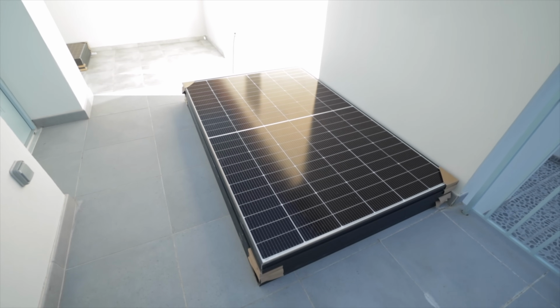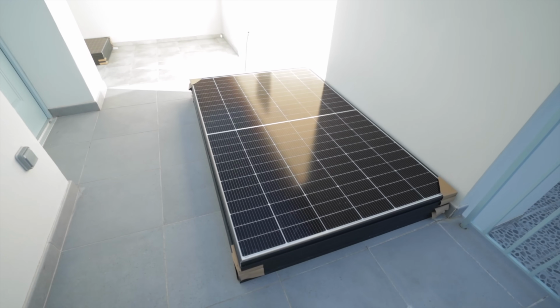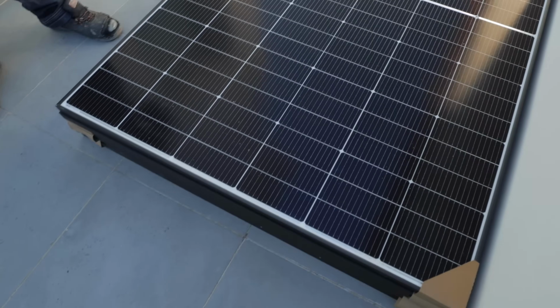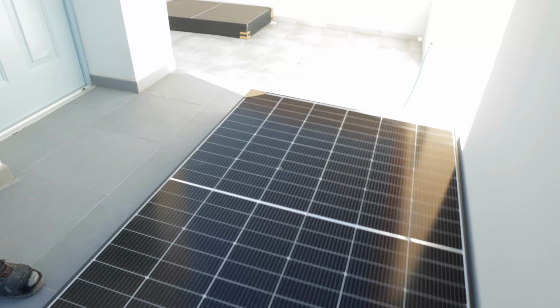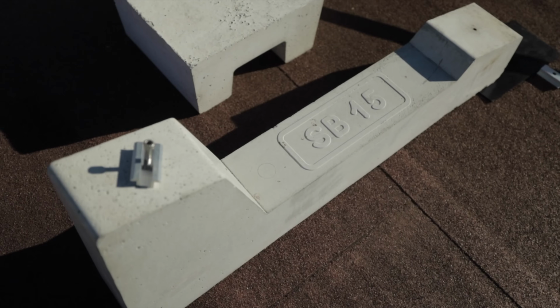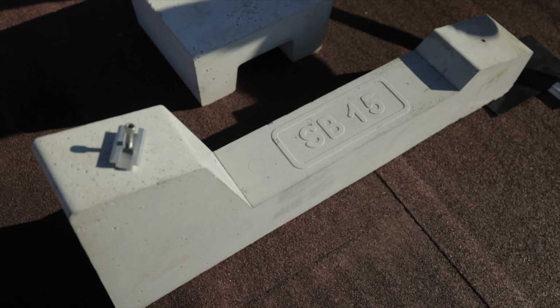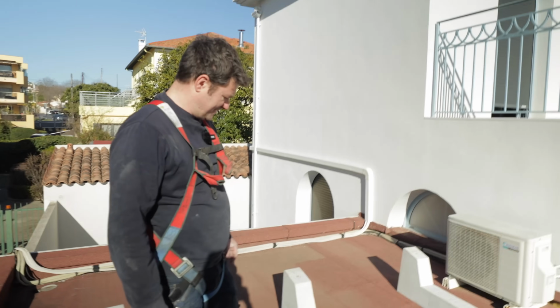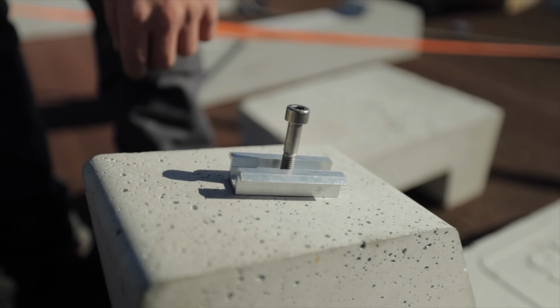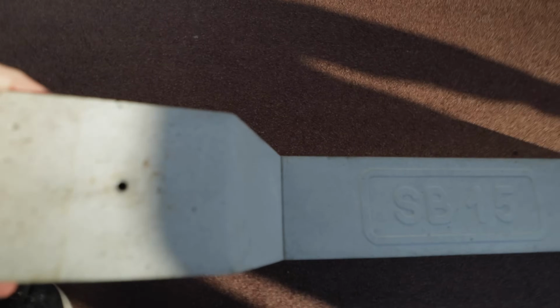Trina, what wattage? Those are 445 watts. Okay, yep, exactly the same as we use, 440 or 445 bifacials. The white back sheet, yeah. But it's still glass. Yeah, exactly. Wow, never seen these before. They are made in Italy. Okay. And you literally just screw the... Yeah, you don't screw. You've got the main brackets. You just lay the panels on. They weigh 60 kilos each? Yeah, try to lift one. Oh wow, yeah. I mean, they're just...